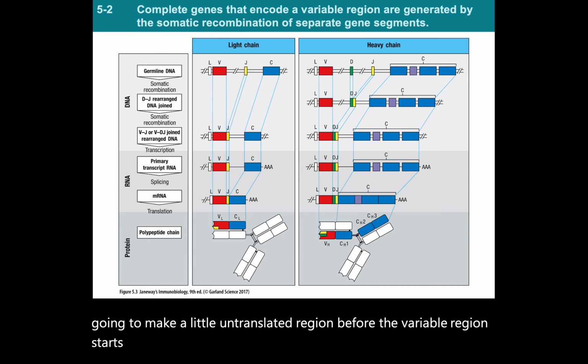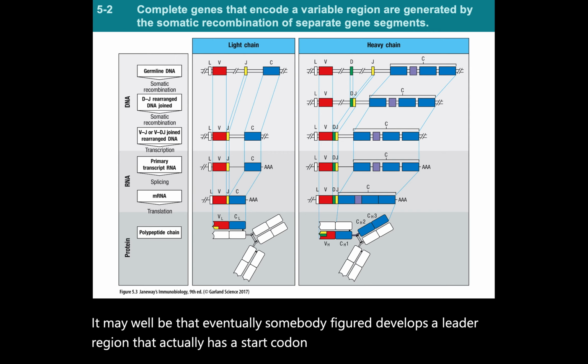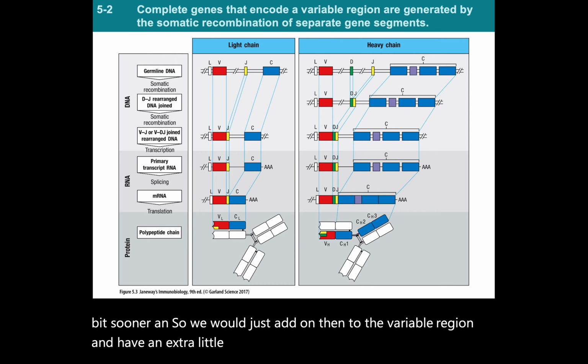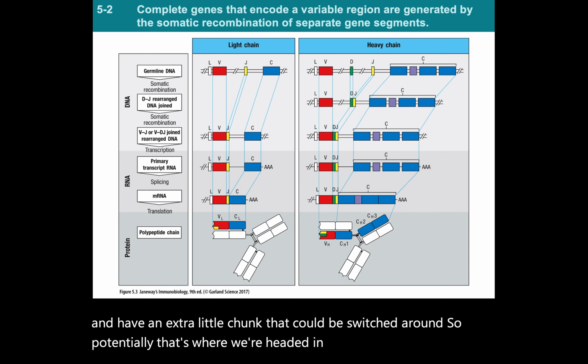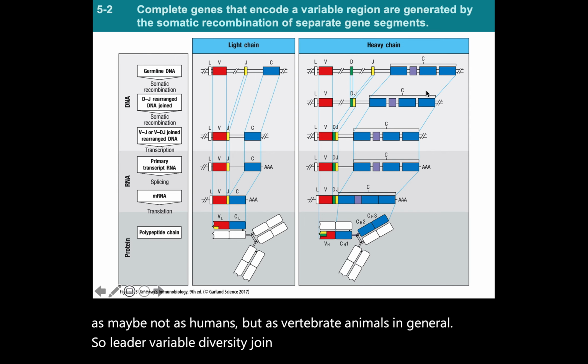This may be an example of evolution in progress. It may well be that eventually somebody develops a leader region that actually has a start codon, and so it starts the gene a little bit sooner, and so we would just add on then to the variable region and have an extra little chunk that could be switched around. So potentially that's where we're headed in the very distant future, and maybe not as humans, but as vertebrate animals in general. So, leader, variable, diversity, join, and constant in a heavy chain,